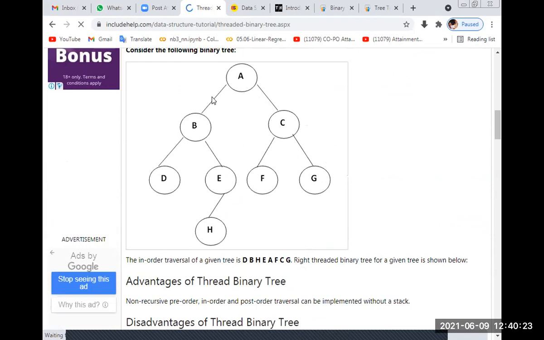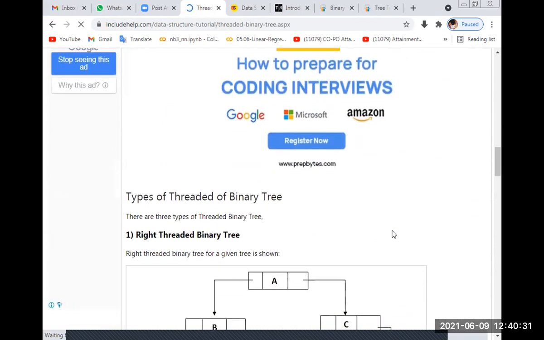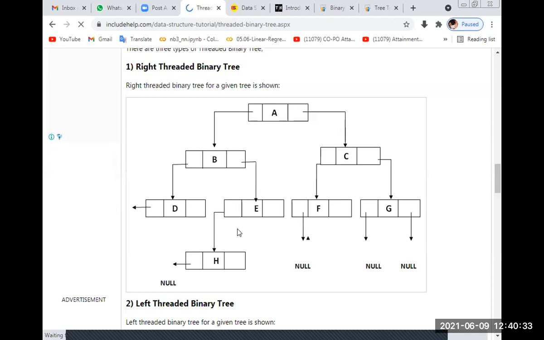See here, this tree is represented in this way. In the linked representation, A has left link B, right link C, and D is the same. So after this, it contains null values. We replace these null values with some addresses.